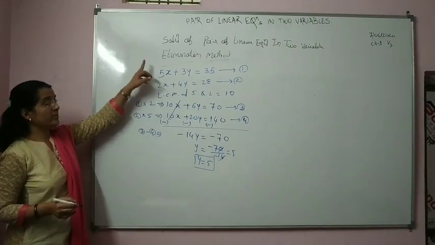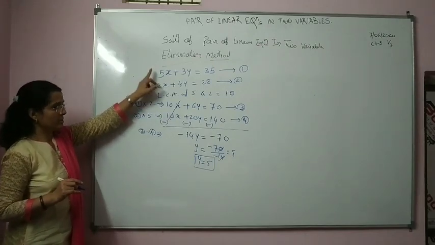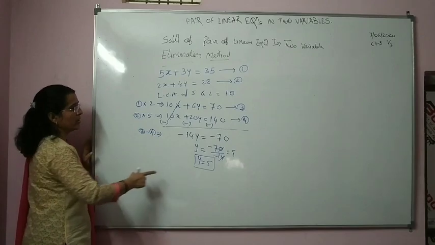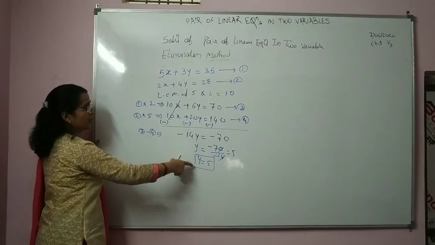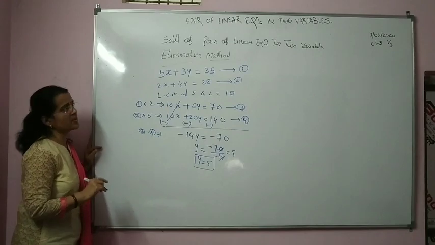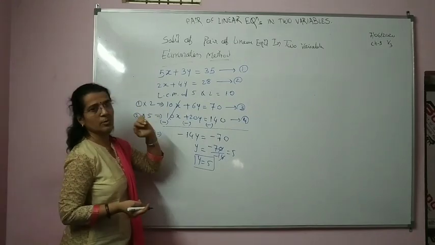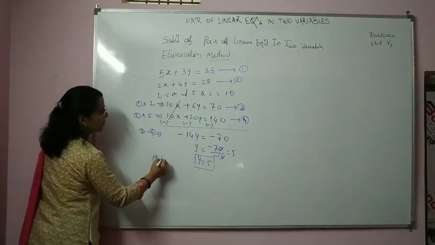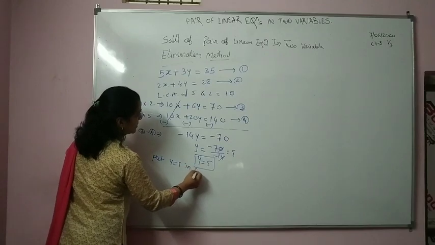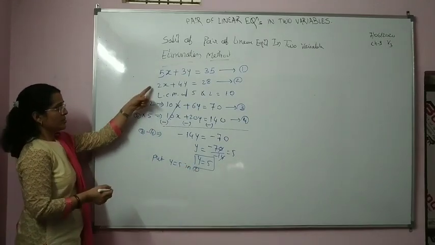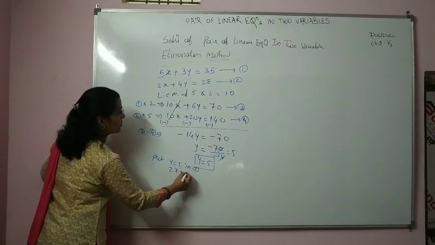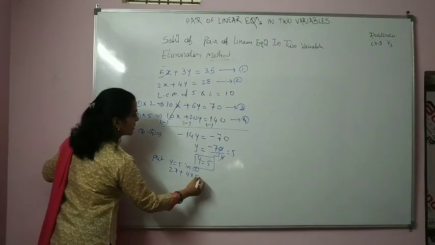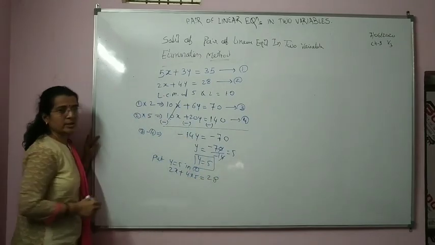y equals 5. But what is the question? Solve the equations. Solving means finding the values of x and y for which both equations are satisfied. So with y equals 5, either substitute this value in the first equation or in the second equation, whichever is convenient. If the numbers are small, it's better to substitute in that equation. Here, put y equals 5 in the second equation because its coefficients are small numbers. So 2x plus 4 into y, and the value of y is 5, so 4 into 5, equals 28. Again this equation turns to what?